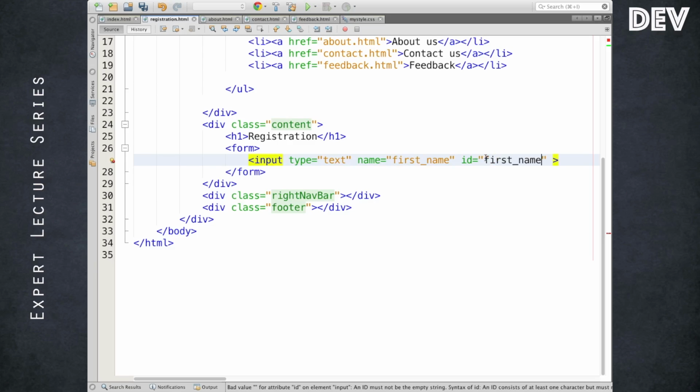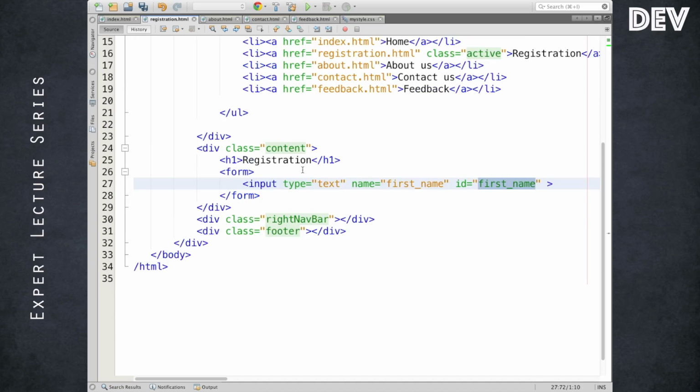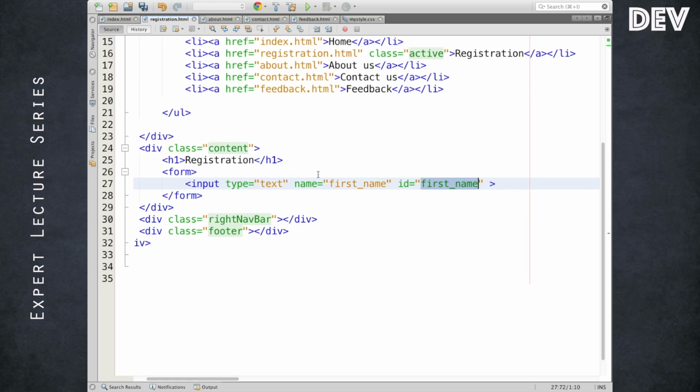ID also you can keep the same, as long as it doesn't conflict with other input elements, but there is a fundamental difference between the ID and the name. The ID, as we know, can be specified across all tags or elements to identify them in the given document object model, or the DOM. As of now, just assume it this way. If we need some help through JavaScript, we may use either ID or name, whatever we want. But in this example, I'm going to keep the ID and the name the same.